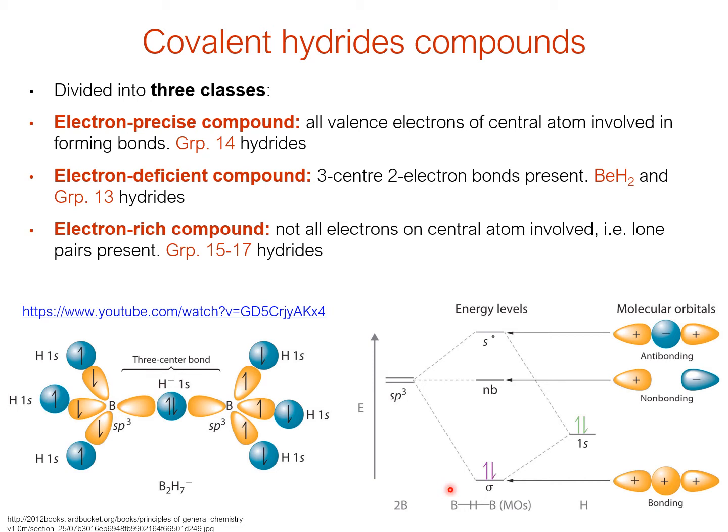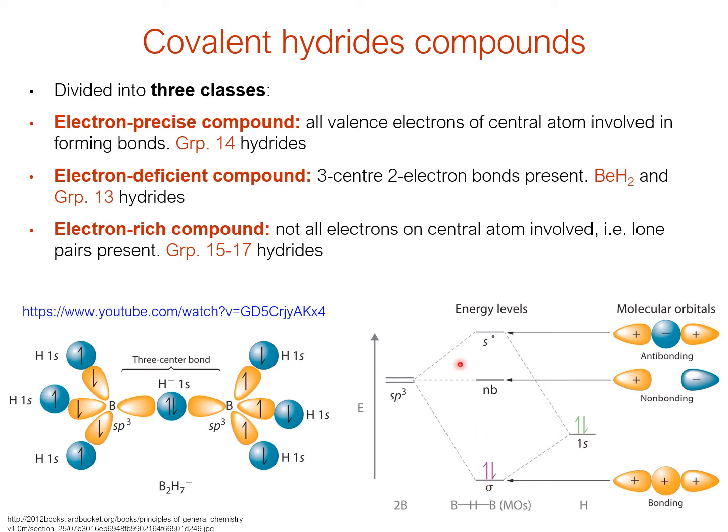And you can explain how it works with a combination of the valence bond theory that we were looking at in the revision lecture, so the sp2, sp3 hybridization schemes, and also combining that with molecular orbital theory to see how you can take 2 sp3 hybridized orbitals. These are sp3 hybridized orbitals around the boron. So we take 2 of the sp3 hybridized orbitals, one from each boron, and the 1s orbital of hydrogen, and